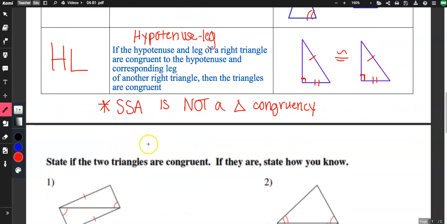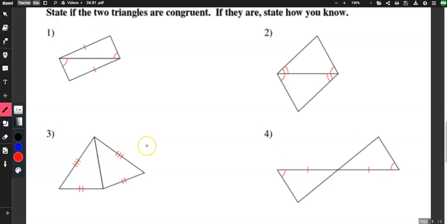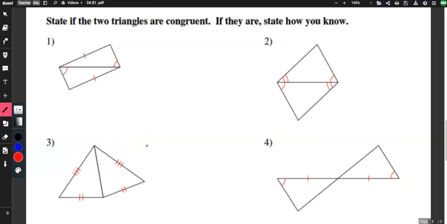So a couple examples here, we'll do a few together and then you'll try some on your own. All we're doing right now is stating if the triangles are congruent or not. And when it says state how you know, that just means to use the triangle congruence statement, the three letters, okay? So when I look at this first one, I see a side and a side, so those guys are